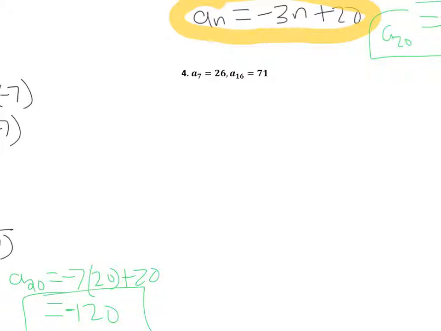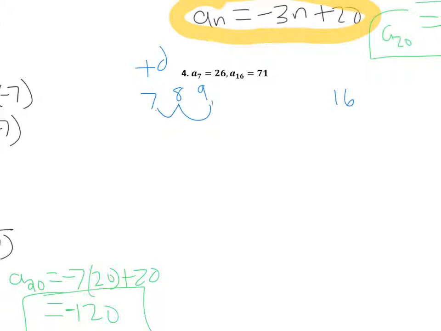All right, so we don't have the first term or the common difference. So we need to think about how we could get it. Well, let's just think about this way. I have the 7th term, and I want to get to the 16th term. So how many times do I need to add that common difference? Well, to get to 8,